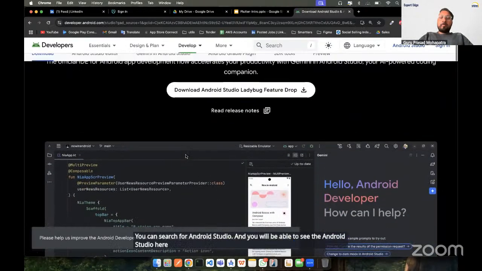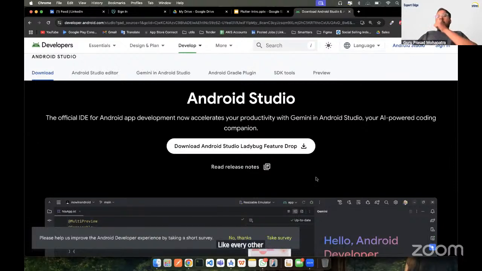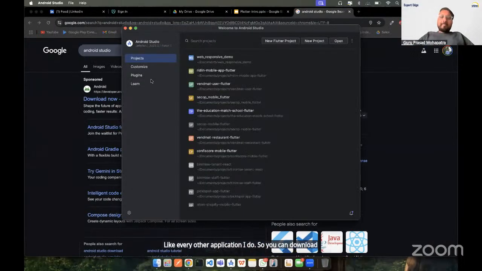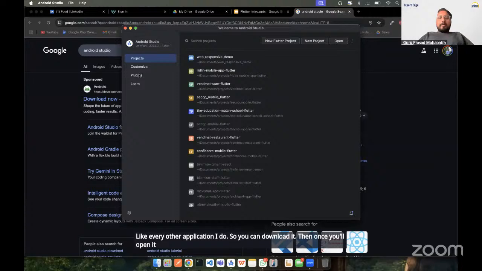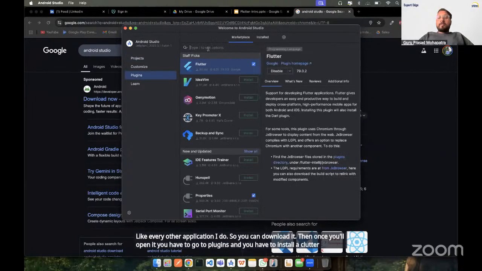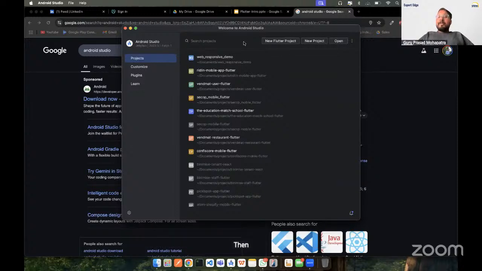You can download it right away, and you will be able to install it in very quick steps: next, next, next, I accept, next, next, finish, like every other application you install. Then once you open it, you have to go to plugins and install the Flutter plugin. You have to search for Flutter and install it. And that's it. Then you'll be able to see a new Flutter project symbol here.